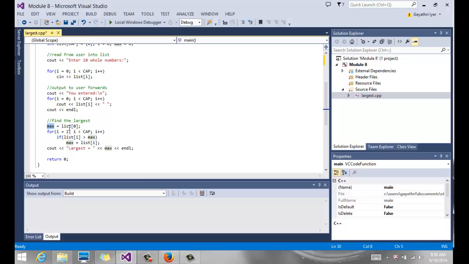So if you notice, I said max equals list of 0. So my assumption is list of 0, which is the first element, is max. Then I start comparing. Notice my for loop starts at 1 this time, because there is no point in comparing the number to itself. If I start at 0, I'll be comparing list of 0 to list of 0. So we want to start at 1, and I compare if list of I, which is my second number, happens to be greater than max, which is my number that I have stored right now, which is my first number,